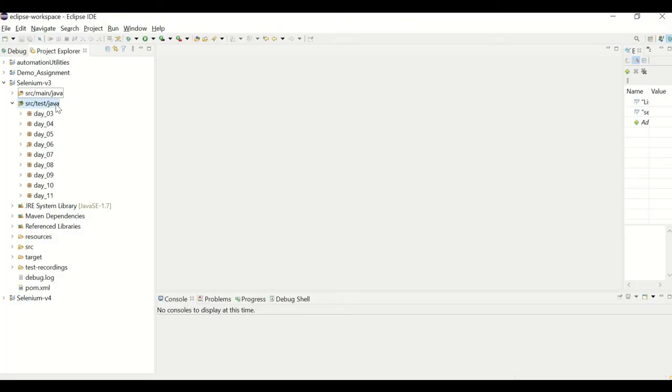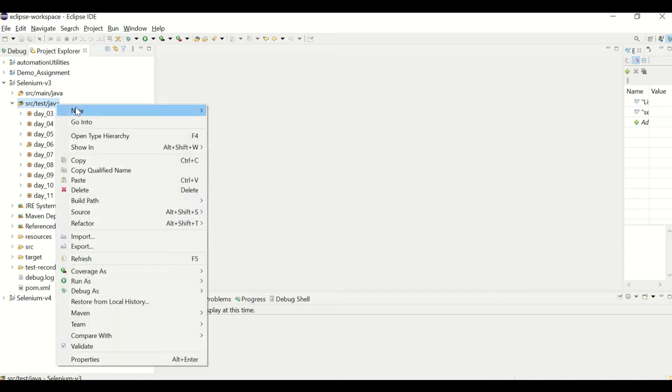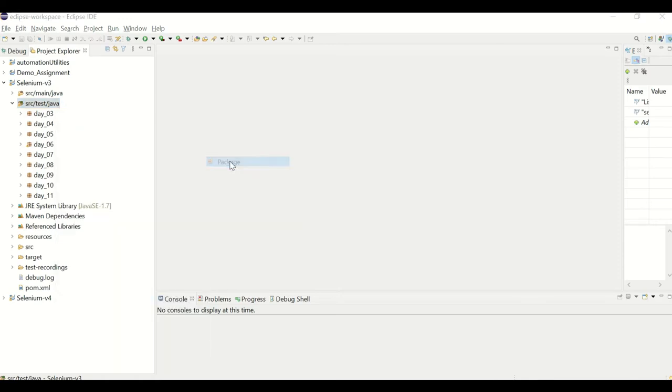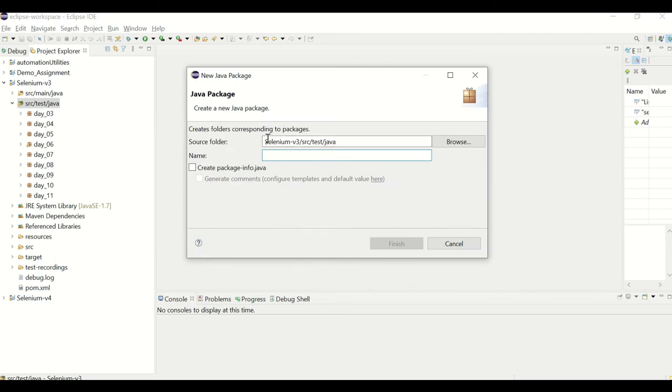Go over here, right click on the package, create a new package, and give it the name day underscore 12.